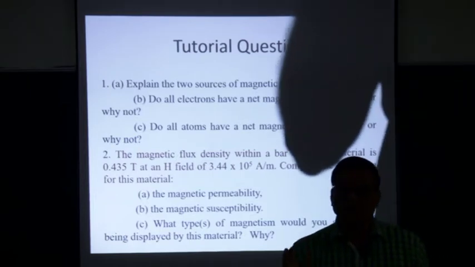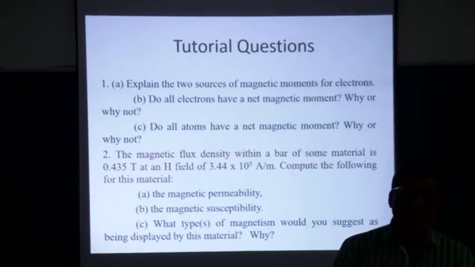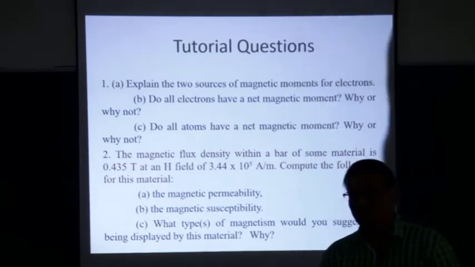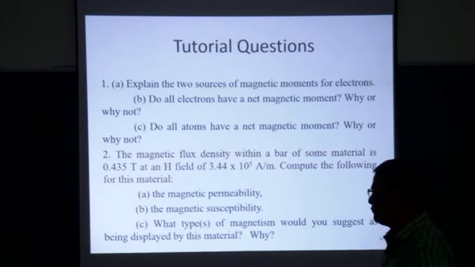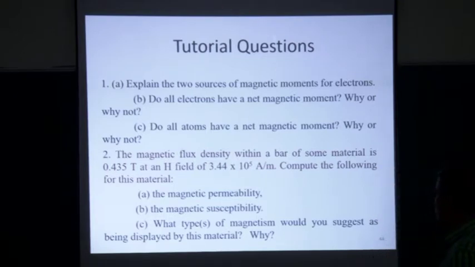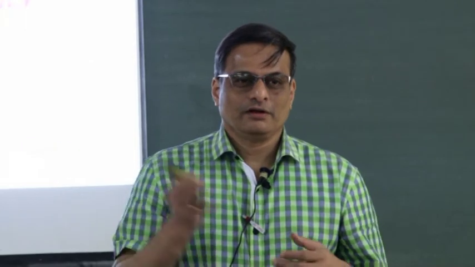So with this we have come to the end of the diamagnetic and paramagnetic section. Next we will cover ferromagnetism, but before I do that, I would just like to go through the tutorial questions for this part of the course, right? It has to do with diamagnetism, and we will cover the tutorials in another lecture. So of course, this is the main show. Before that is all the trailer, because this is what normally people think of as magnetism.